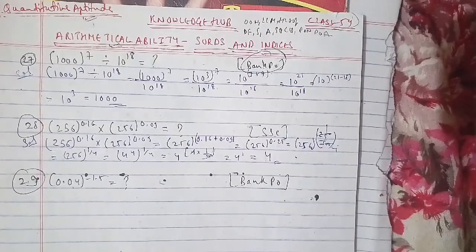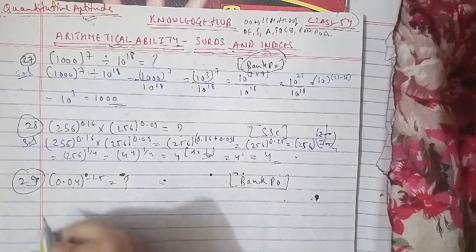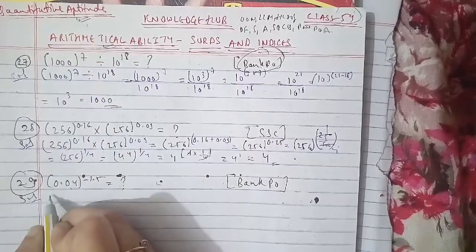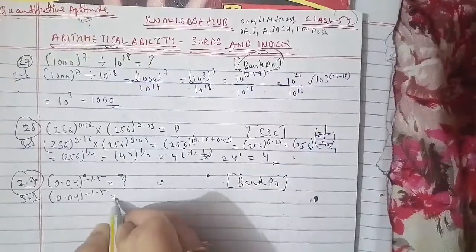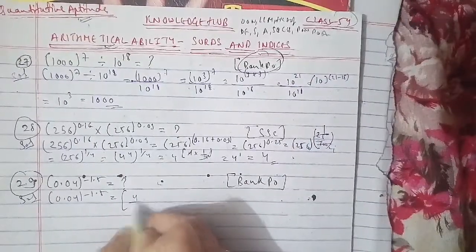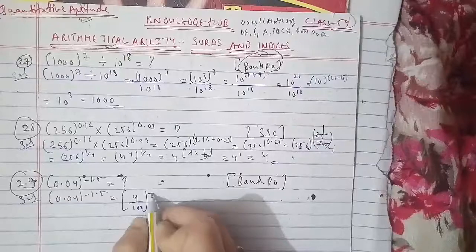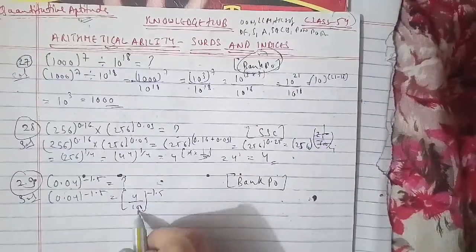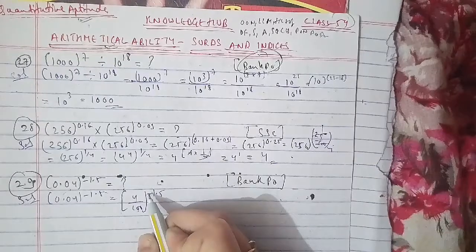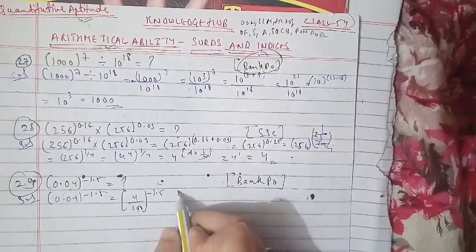0.04 power minus 1.5 is equal to 4 upon 100 power minus 1.5. Remove the decimal point, so 2 zeros are added below. This is minus 1.5, so minus 1.5 can be written. First we'll cancel it out here. 2 2s are 4, and 2 5s are 10 and 0, then 2 1s are 2, 2 2s are 25, so 1 upon 25